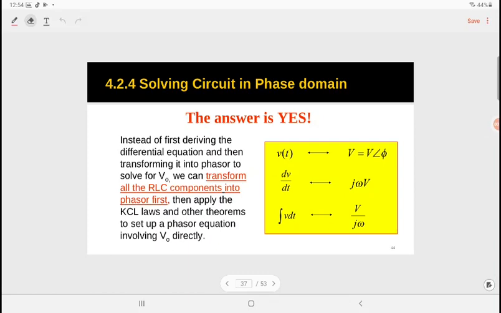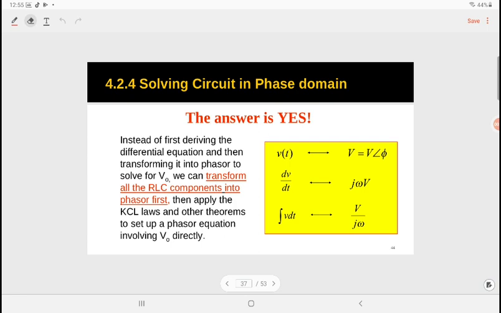So we continue our lecture today in chapter 4, right? In the previous video that I shared with you, it says that in order to solve a circuit with the AC signal, it is best practice to convert our time domain into a frequency domain or phasor domain. In that video, you already know how we convert our time domain into frequency domain, and also we know that